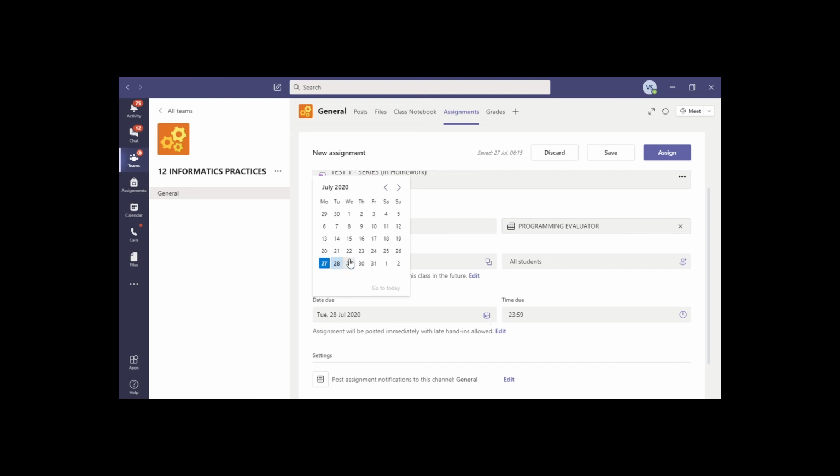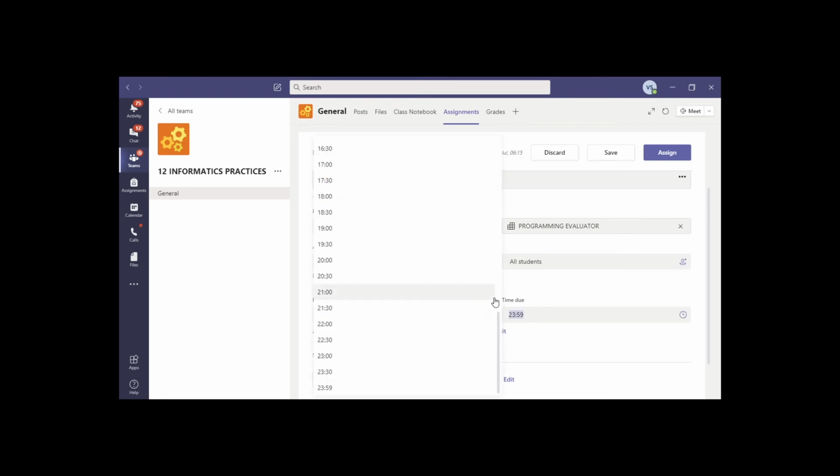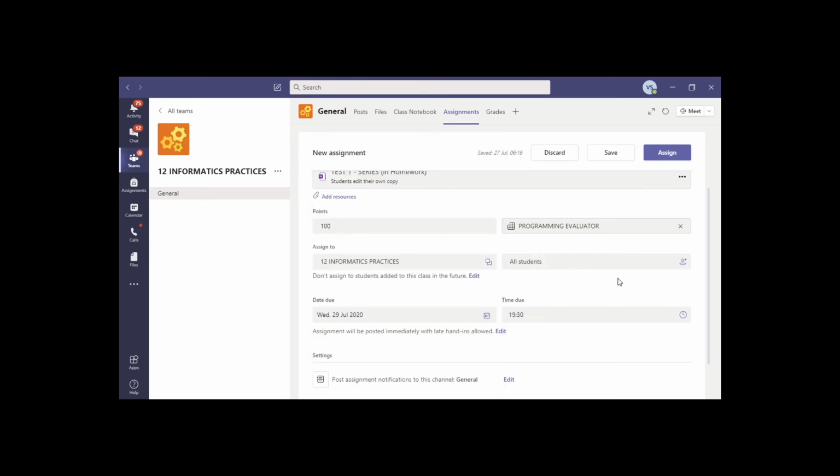Okay, so I'm going to set a date, and the time also we can mention, so up to 7:30. If you assign this now, it will be displayed and it can be accessible for the children. But if you want to give this for a short interval of time, then you can assign it at 5 or 10 minutes earlier, like we distribute the question paper for the exam,